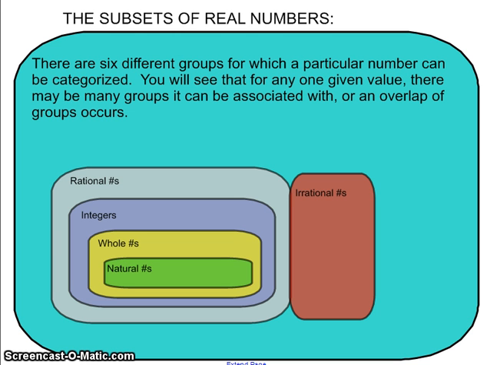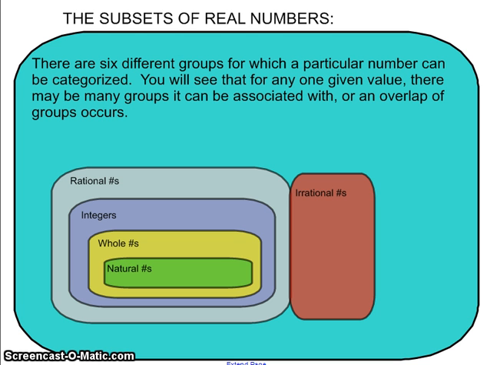You will see that for any one given value, there may be many groups that it could be associated with, or an overlap of the groups occurs. So what you see on the slide here is what we call a Venn diagram, V-E-N-N, in case you want to look that up, showing the relationship between the groups of numbers that make up the larger group of real numbers. So as you can see, we have some smaller groups, the smallest being the natural numbers in this